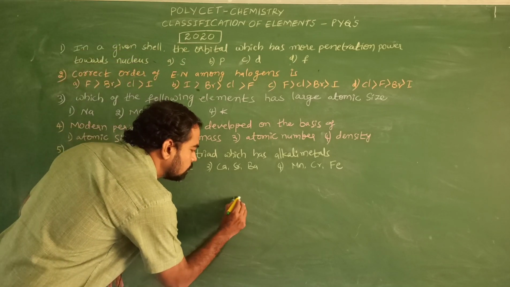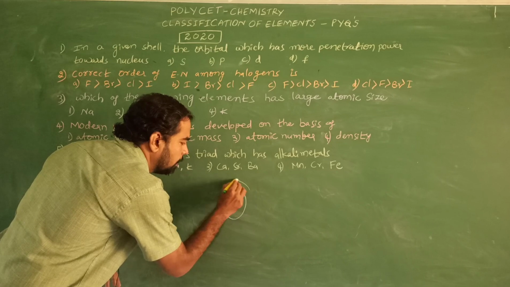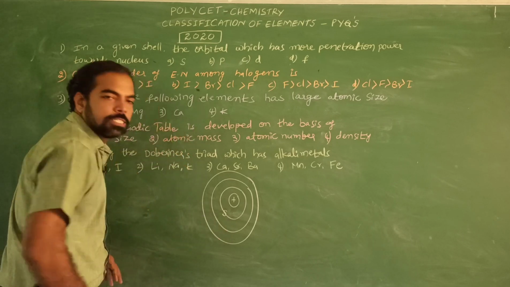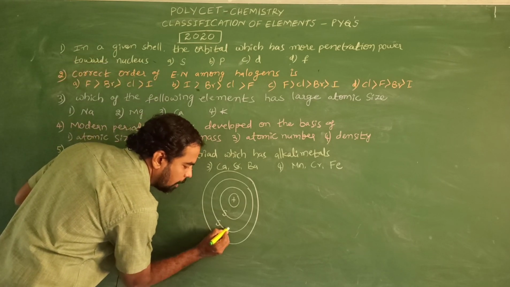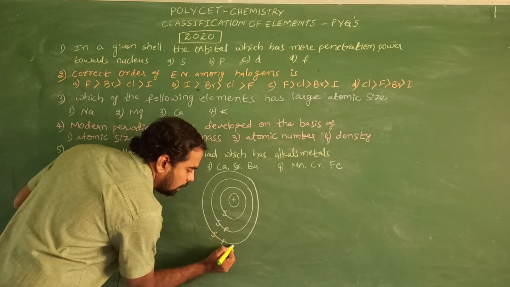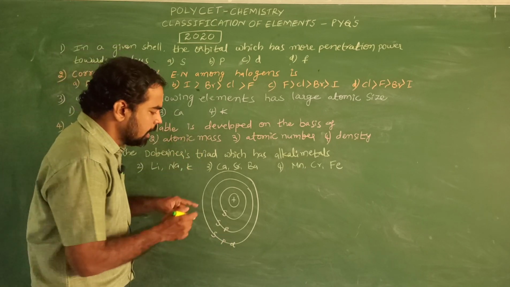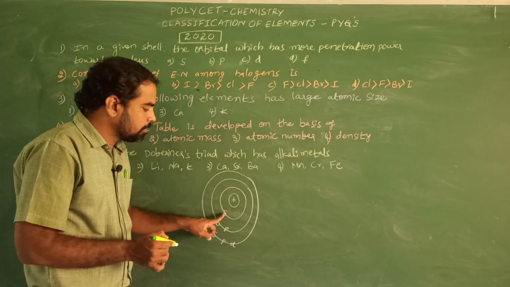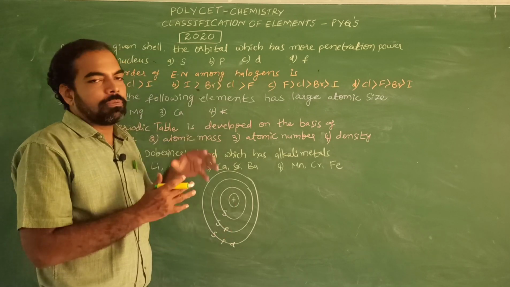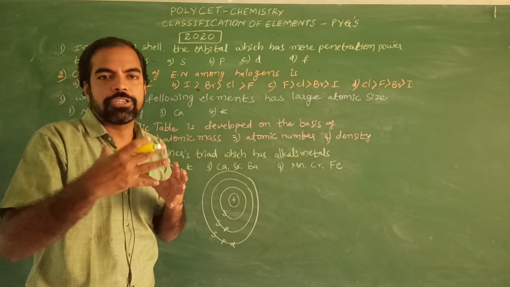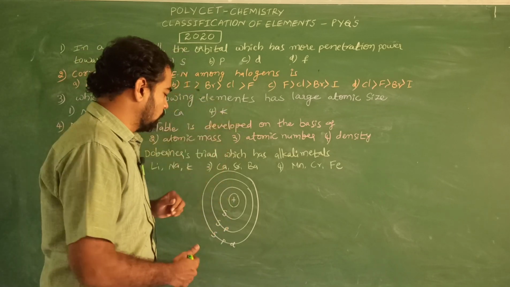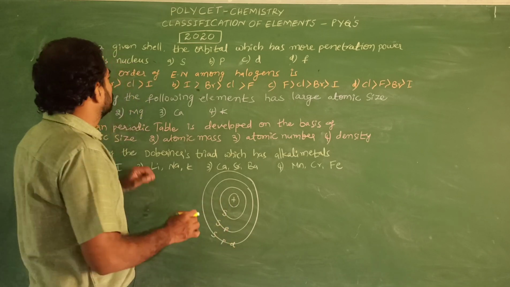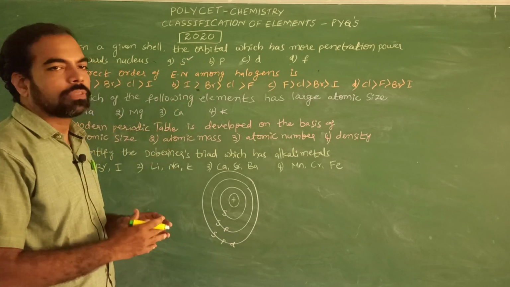Let us consider it is a nucleus, first orbit, second orbit and third orbit. In first orbit only s orbital is present, whereas in second orbit s and p orbitals are present, whereas in third orbit s, p and d orbitals are present. Here it is a nucleus. To the nucleus which is closely towards, here s orbital is closely towards nucleus. Penetration means closely towards nucleus. S orbital is closely towards nucleus, then compare with the p, d and then next f. So the answer is s orbital.